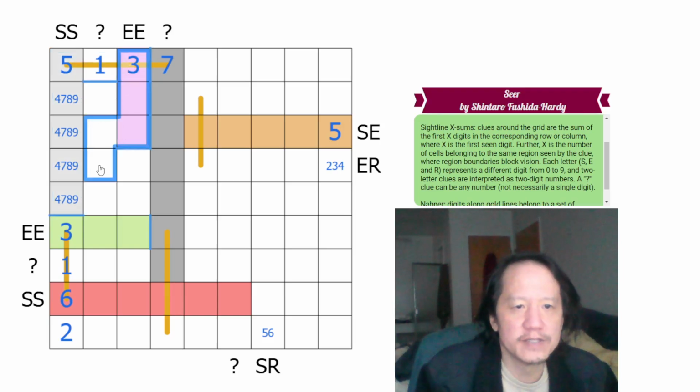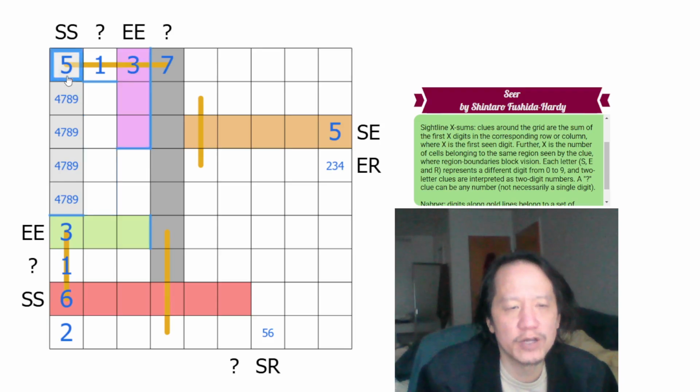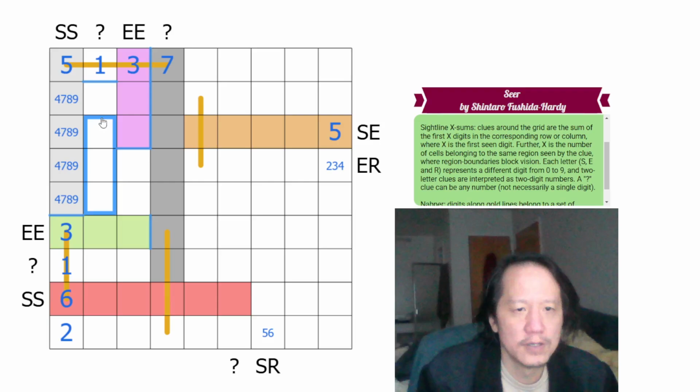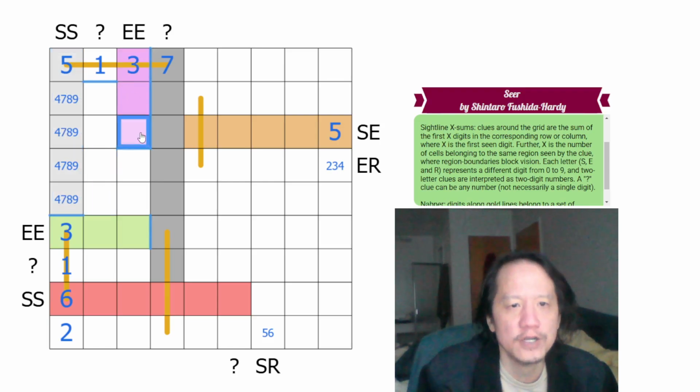Try to make one that does, right? So say it's actually part of this. It can't be part of this region, obviously. Can't be part of this region, so it has to specifically go here if that's the case. And that would block this off from being a full region. So if this were not part of this region, it would have to be its own separate region here, because it cannot be here because it sees only 3 and this is not part of that region. Therefore, it has to go here, and that would block this from ever being a full region. So therefore, this has to be all part of the same region. Therefore, we know this is a region, and it's full. We have the full region now